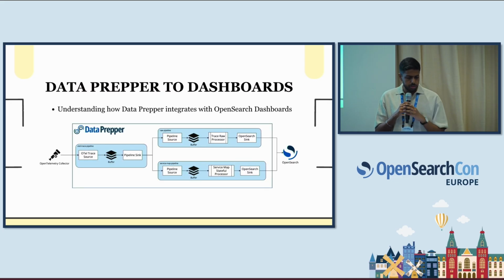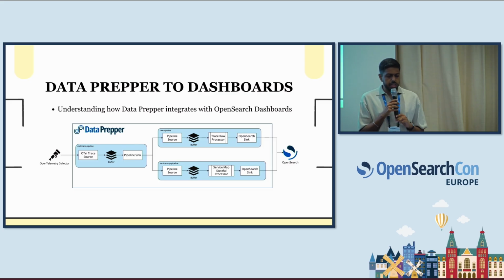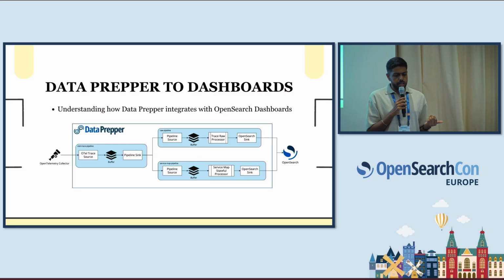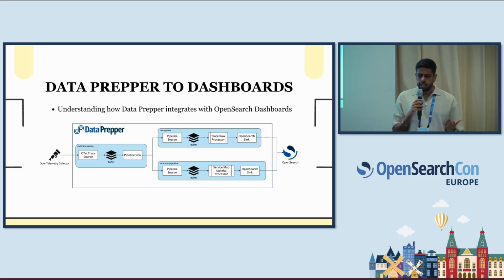All right, moving on to the next part. How do we get logs from OTel into OpenSearch? So this is where Data Prepper comes in. Data Prepper is a component that takes in raw logs from OpenTelemetry in our case, and processes and enriches them if needed, and then puts them into OpenSearch. Think of it like a bridge that cleans, parses, and structures your data so that OpenSearch can store and query